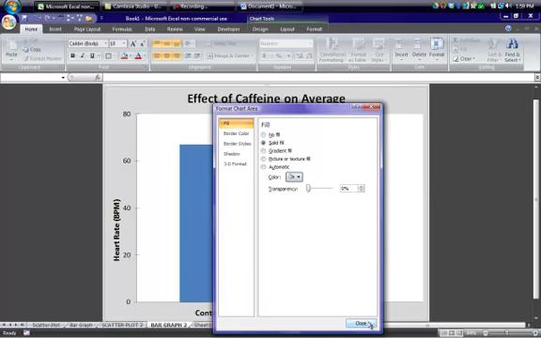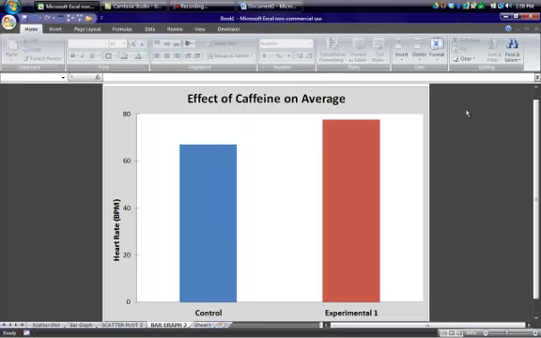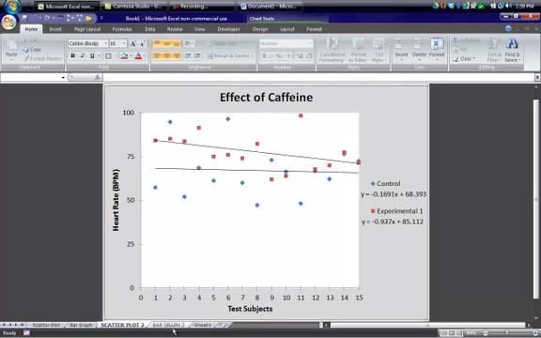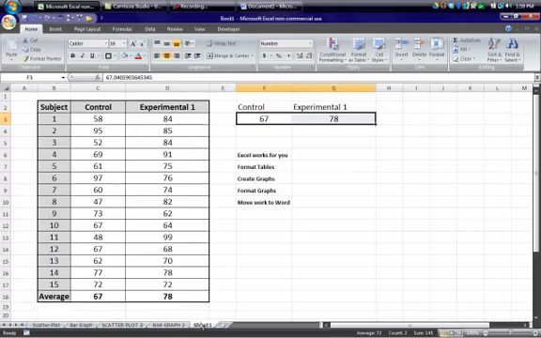Okay. Let me close that. There we have it. We have our graphs formatted. They look pretty good. We've got, of course, our data here as well. All right. Eventually, I'm going to need to include my beats per minute here as well, but I need to move my